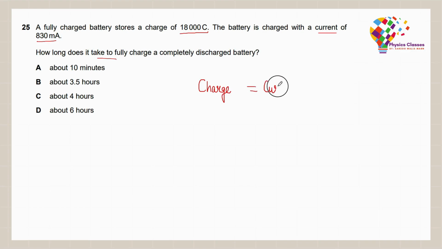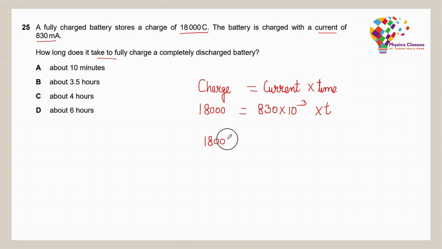So I have my charge given to me as 18,000 and I have my current given to me as 830 milliamperes. Milliamperes to amperes would be multiplication by 10 to the power minus 3, into time. So I can rearrange this. I would have 18,000 divided by 830 into 10 to the power minus 3. This will give me the time, but it will give me the time in seconds. When I put this on the calculator, I get